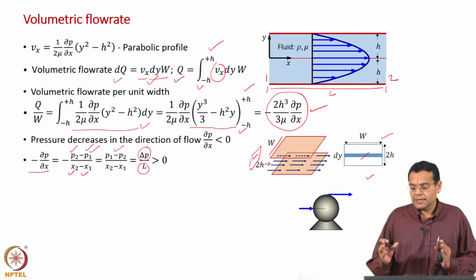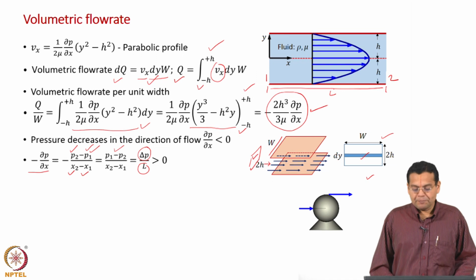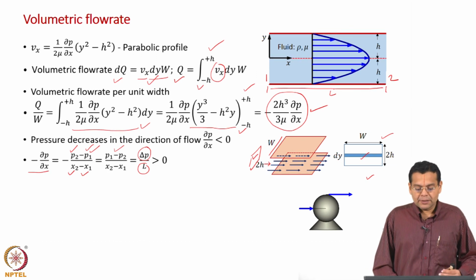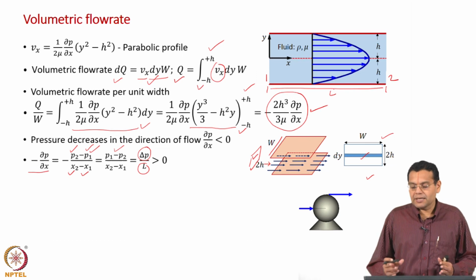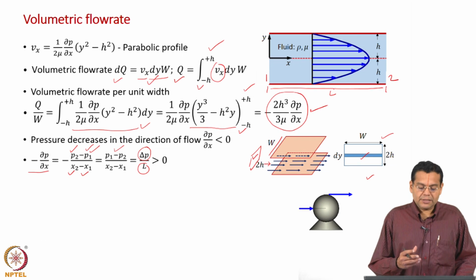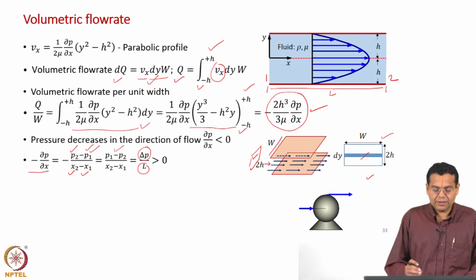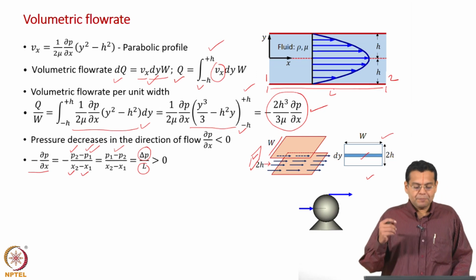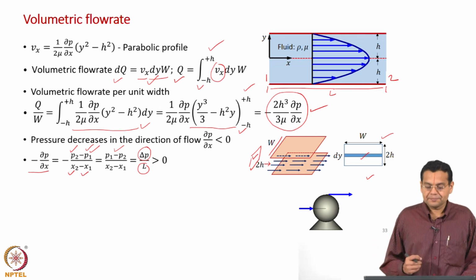L is of course the length of the plate. So, delta P by L is the pressure gradient. What is given to us is the pressure gradient. Of course, L is based on the length of the plate. So, either you say pressure drop is given or pressure gradient is given. Okay. I think we should keep this in mind for further discussion. Dou p by dou x is negative, and minus dou p by dou x is represented as delta P by L. Okay.